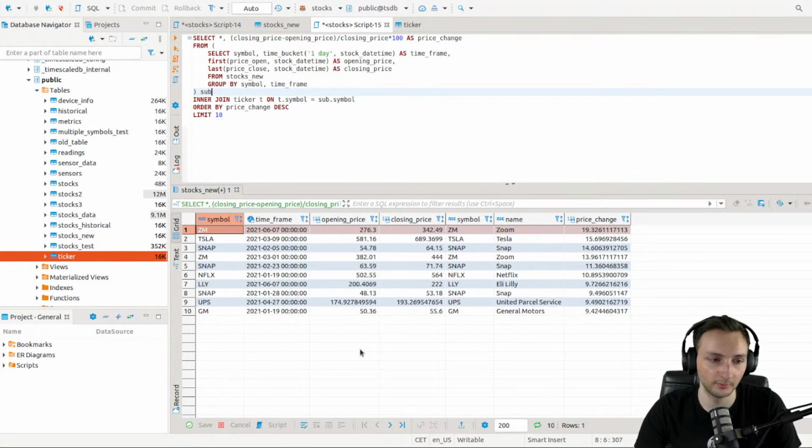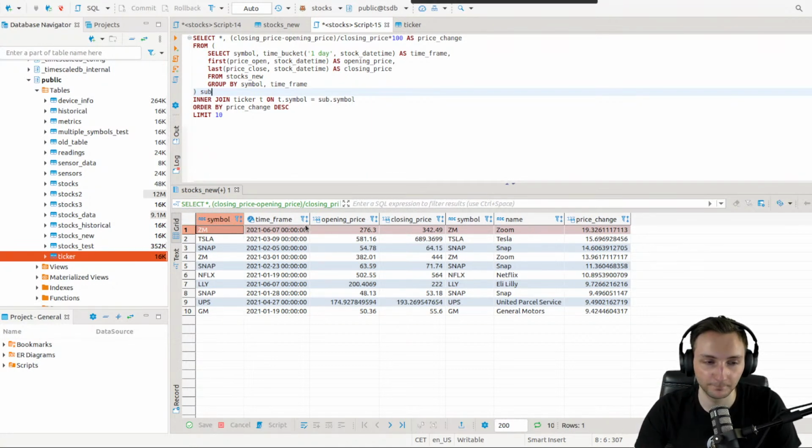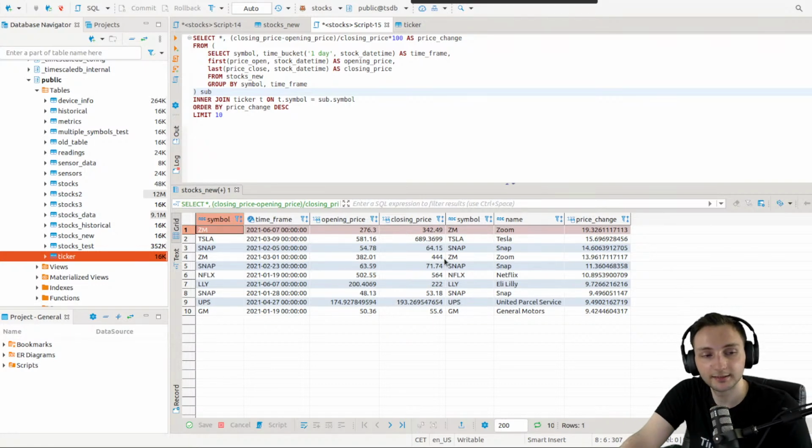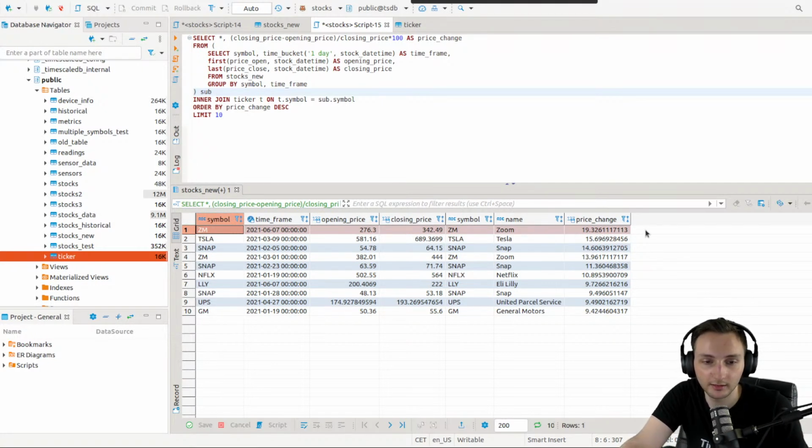Okay, so we got the top 10 price changes in the last 6 months in a day. And it looks like Zoom had the biggest one-day price change. It's actually pretty recent, 7th of June. Now the thing is, it went up basically 19% in price, but because we are bucketing, so we're using the